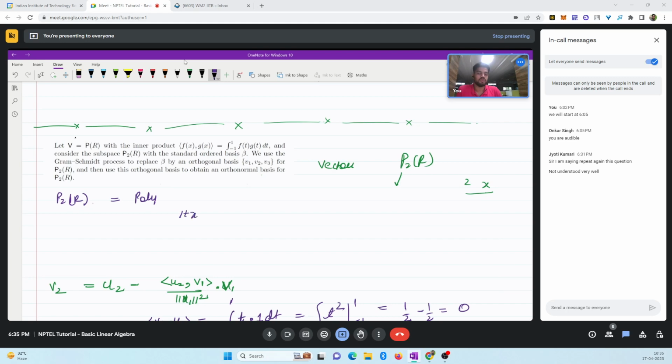Like expressions of this form, 1 plus x, 1 plus x square। कोई भी पॉलिनोमियल जिसकी डिग्री 2 तक हो, नेगेटिव डिग्री वाले पॉलिनोमियल्स हम नहीं लेंगे, स्टार्टिंग फ्रॉम डिग्री 0 पॉलिनोमियल, that is 1। अप टू डिग्री 2 पॉलिनोमियल्स का एक सेट बनाते हैं, तो that forms a vector space. We have proved this in the past. So this is polynomials up to degree 2।